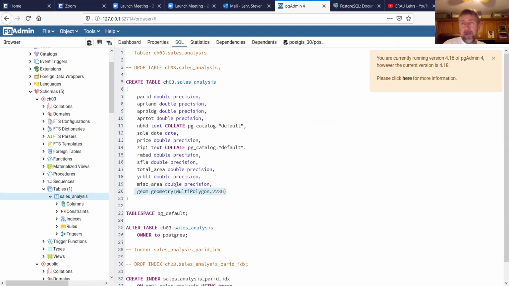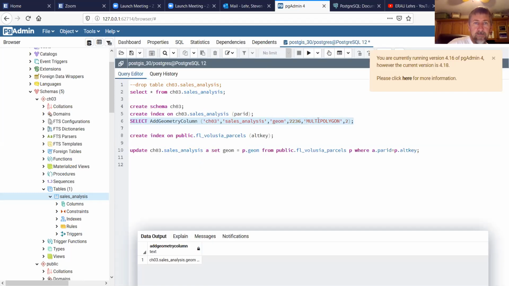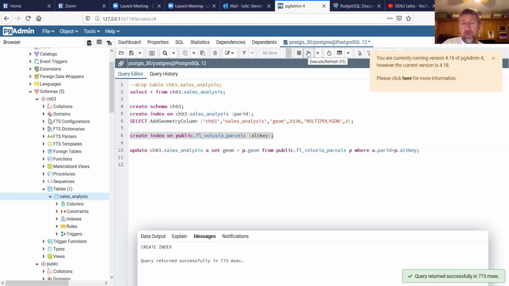And we added multi-polygon because it was the multi-polygon data type. Okay, then we're going to add our index. I think I did this in class the other day. I don't need to redo it, but hopefully it shouldn't cause too many troubles. So I'm recreating an index on the alternate key in that other table. It's called par ID in our sales analysis table, and it's called alt key in the GIS side